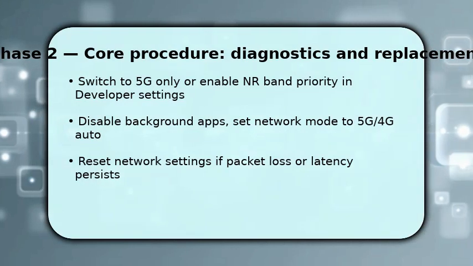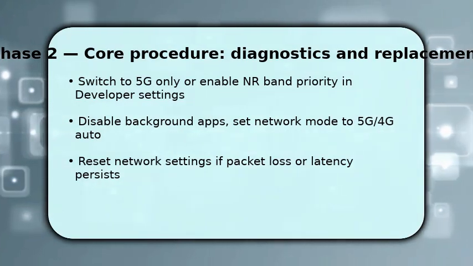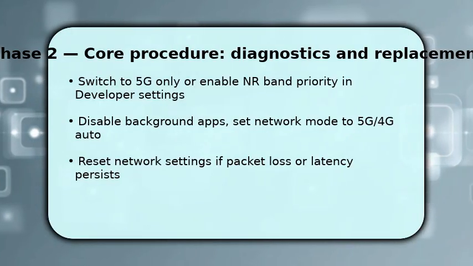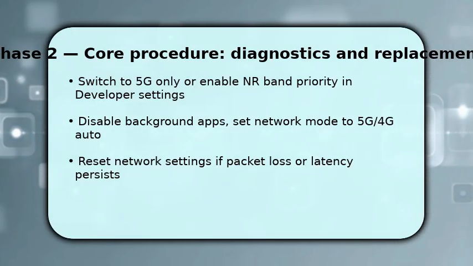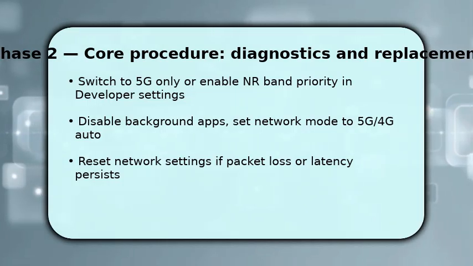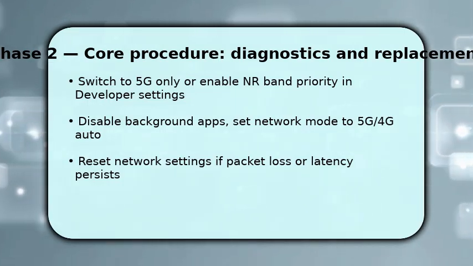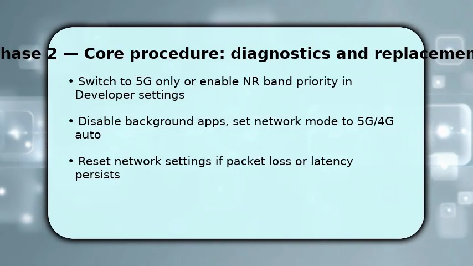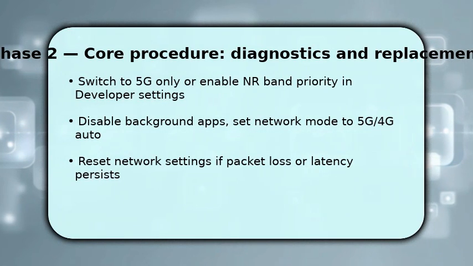Next, optimize radio behavior and network preferences. You can enable 5G only or NR band priority in developer options to prefer the fastest bands. This reduces band switching. Also, close heavy background apps and choose 5G/4G auto in network mode so your phone picks